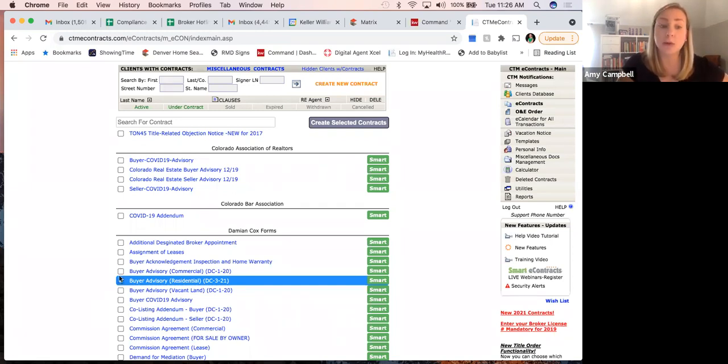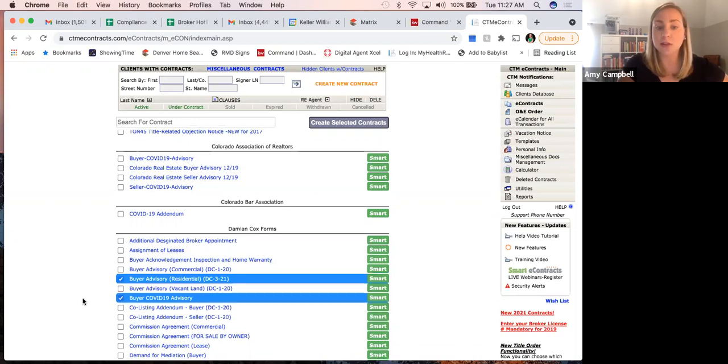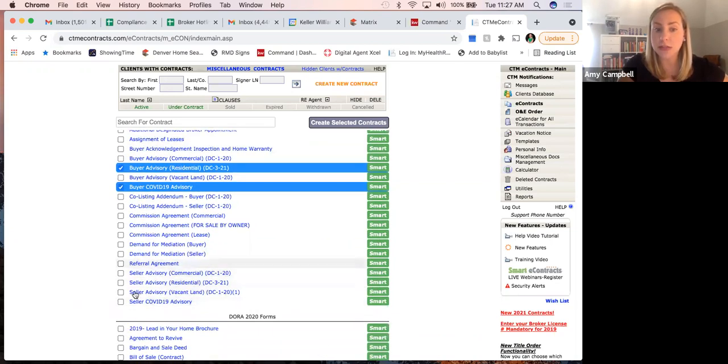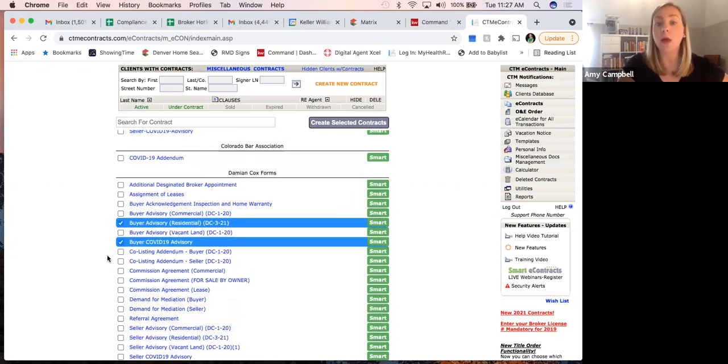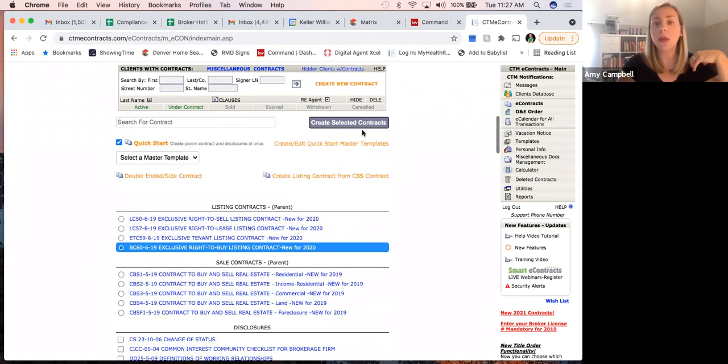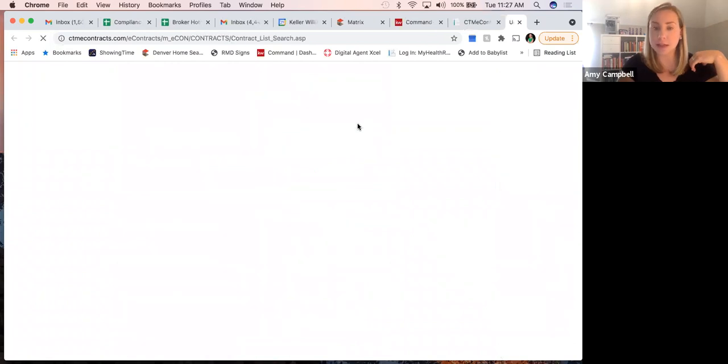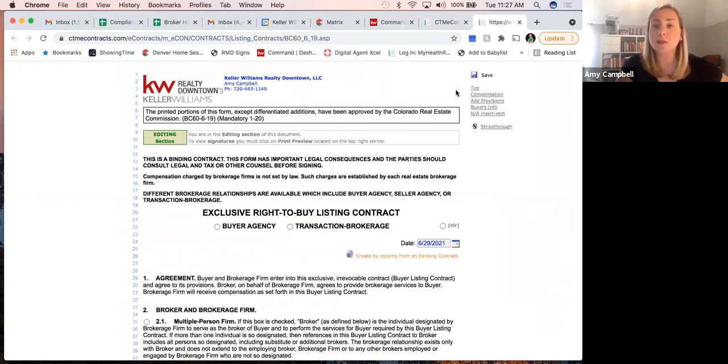And then that third document we need was the buyer COVID-19 advisory. Again, use the one under Damien Cox. You can use the CAR one, but again, if Damien's created one for us, there's a reason for that. So use that one, buyer COVID-19 advisory. And then you'll see here, if you do have a seller side, there's the same thing, seller advisory and seller COVID-19 advisory. Okay, so I have our 3 required documents checked. I'm going to hit create selected contracts, and that's going to